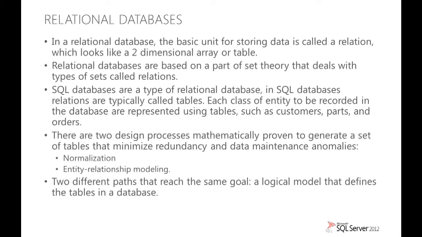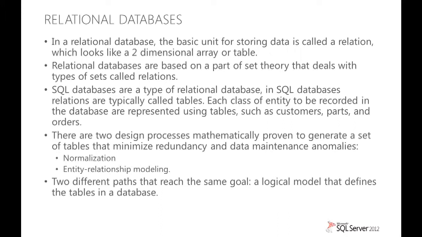A relational database gets its name because the basic unit for storing data is a thing called a relation. On the surface they look very simple. They look like a two-dimensional array or a table with rows and columns. But there are a lot of rules about how you need to structure your relations so that they're as efficient as they can be at storing data. And there are other rules that operations on those tables need to comply with to maintain that efficiency in storing